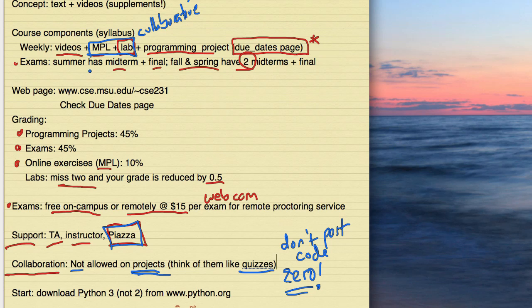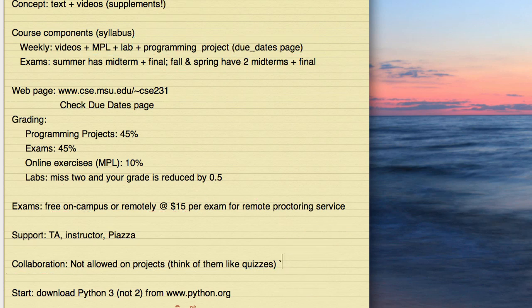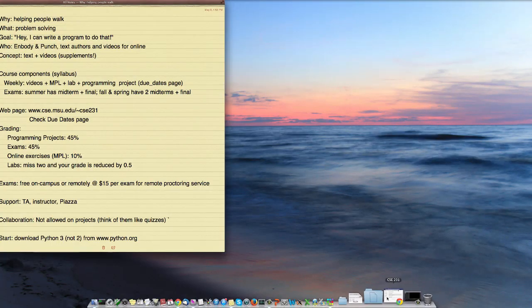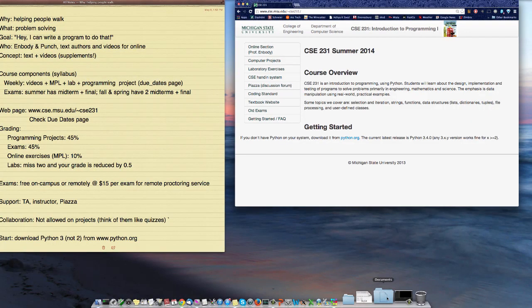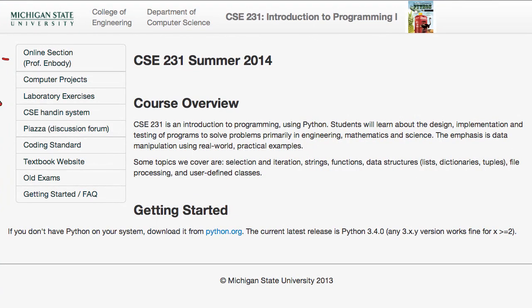All right, let's take a look at the course webpage. www.cse.msu.edu/CSE 231. Let's take a look at the page. There are a number of things on here to note. One is that there is a link to the online section. There are links to computer projects, the laboratory exercises, the hand-in system that lets us hand in things electronically. There's a link to the discussion forum, rules on codes that we have,